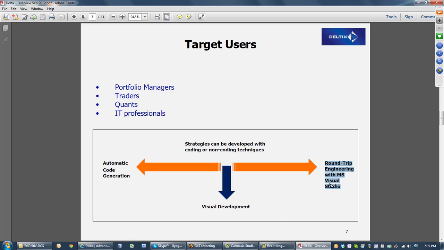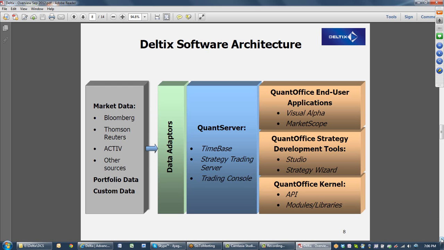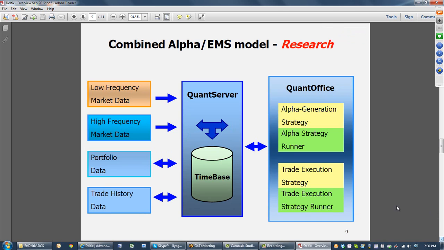And then, of course, after that, this Visual Studio code can be put on our product or could be run from Visual Studio. In essence, you can view our system as a plugin to Visual Studio, or rather Visual Studio is a plugin to Deltix. Architecture, we'll come back to it later, but it's pretty intuitive. Different feed handlers going through TimeBase messaging populate different layers of technology. And when we work in research, 2 engines: the alpha engine, which decides what to buy, and an execution engine, which